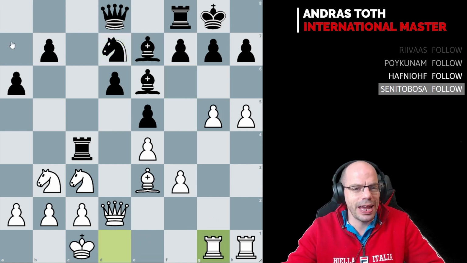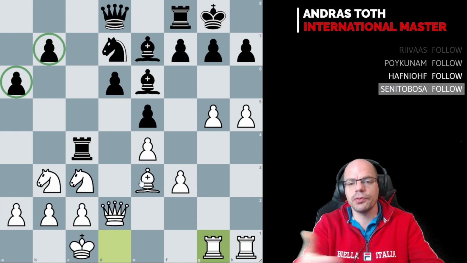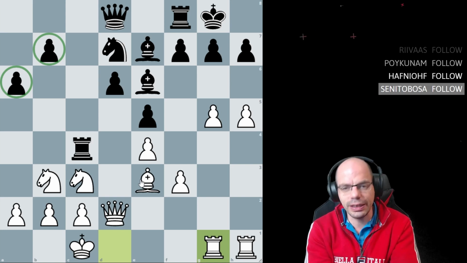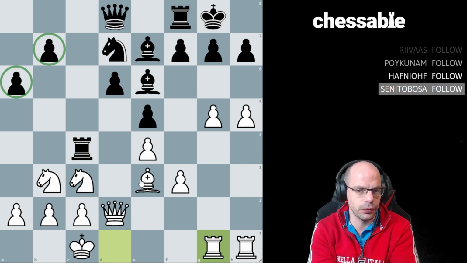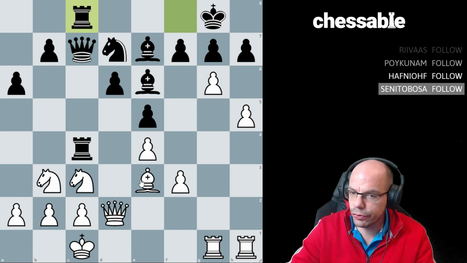And the point is that black's attack doesn't exist on the other wing. And so it's one of those rare cases when we can argue, despite my initial instinct, that we can actually prettify our pieces before we go in for the kill, because I simply see black is helpless. So they played queen c7, g6, rook here.